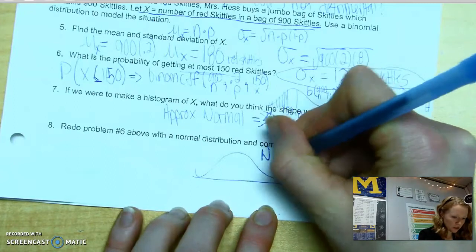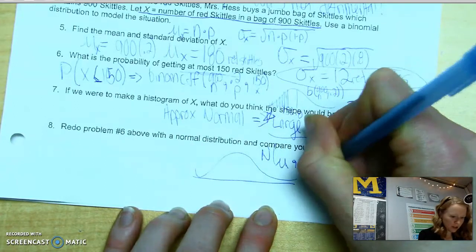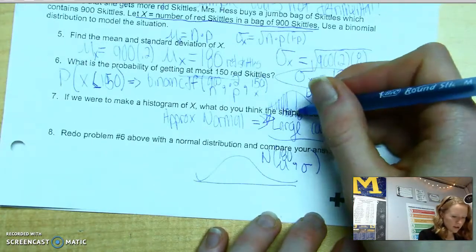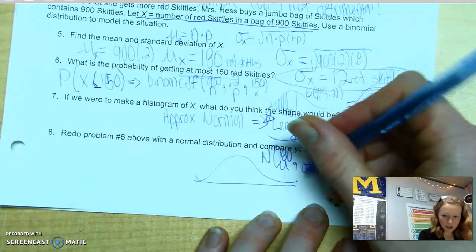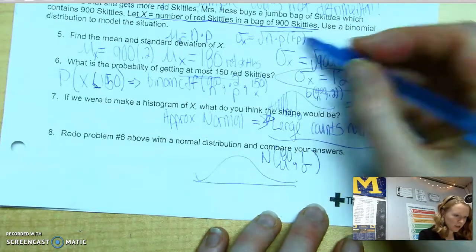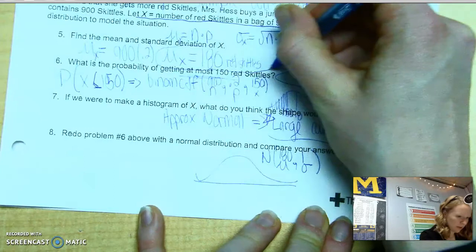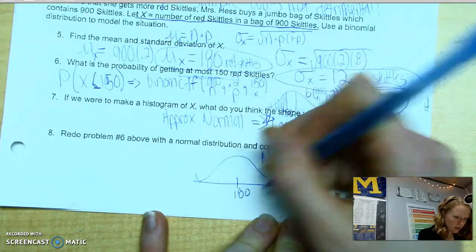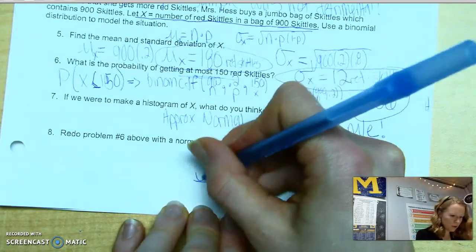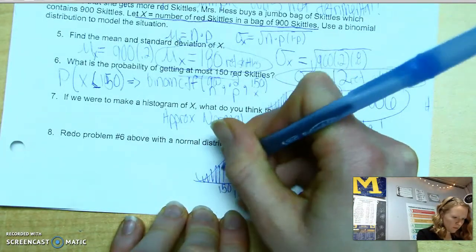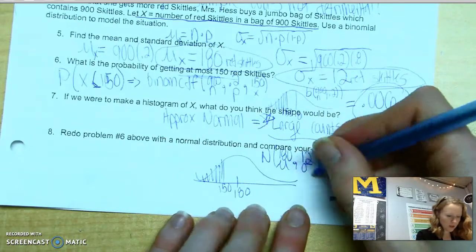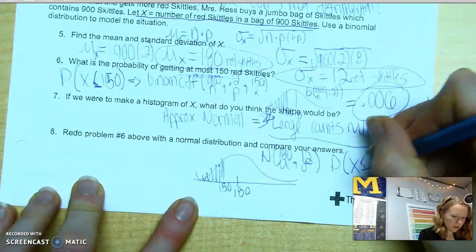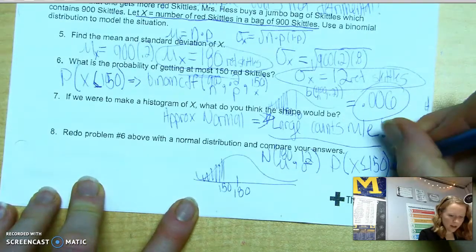Remember, normal distributions are described by mean and standard deviation. The mean of a distribution is 180, and the standard deviation is up here. We just calculated it, 12, right? So we have 180 and we have 12. So if I have 180 and it says we want at most 150, in order to do the probability that X is less than or equal to 150, I could use